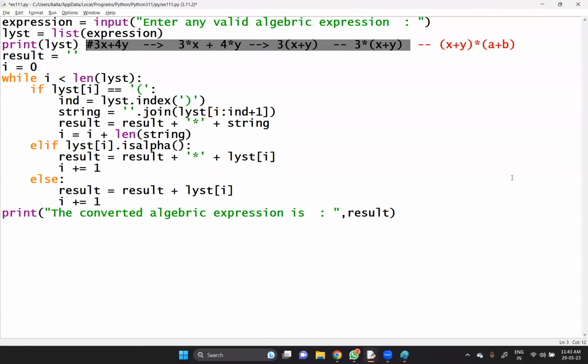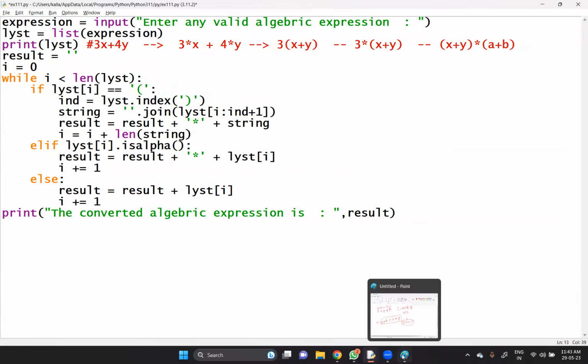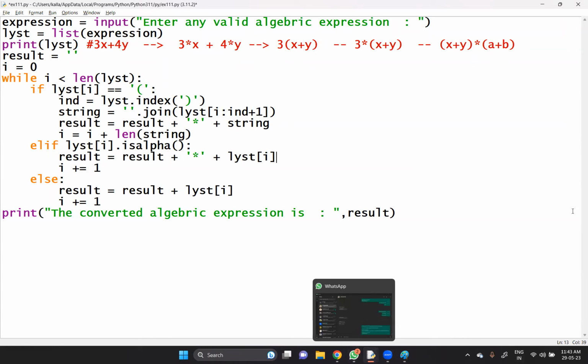Okay. So this is the problem. You please note it down. I'll give you some time. Think that you have noted it down. Now,